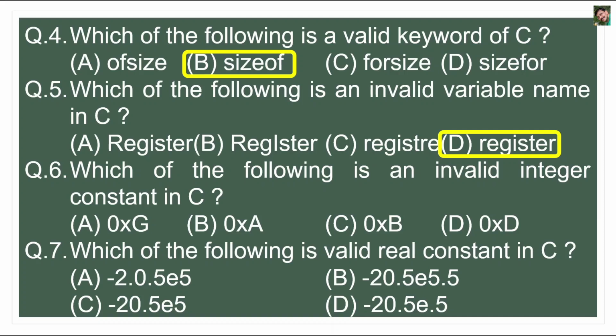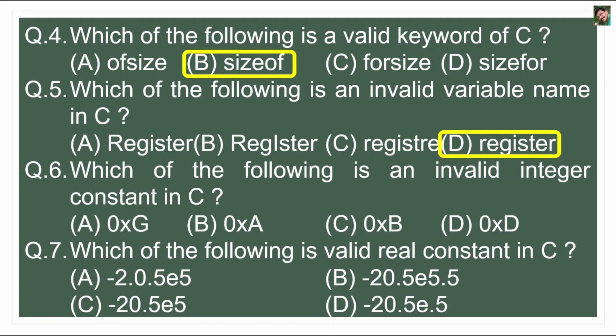Here all the 4 options are given in the hexadecimal number system. How do we know that it is the hexadecimal number system? Every hexadecimal number begins with 0x. So as you can see, all the 4 options begin with 0x. So they are in the hexadecimal number system. And in the hexadecimal number system, we have a total of 16 digits.